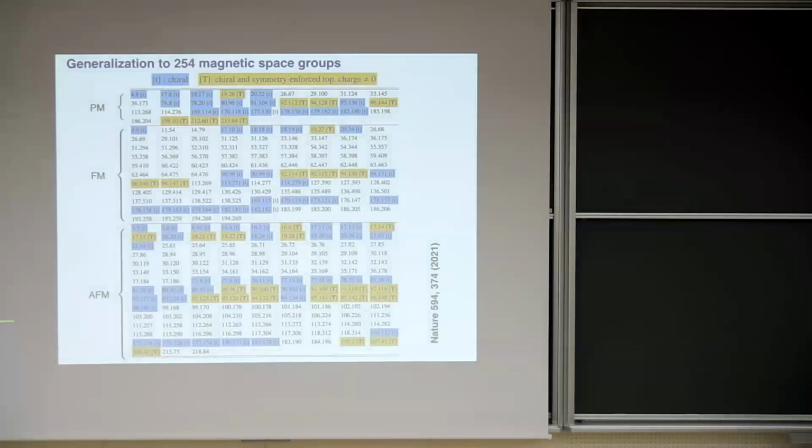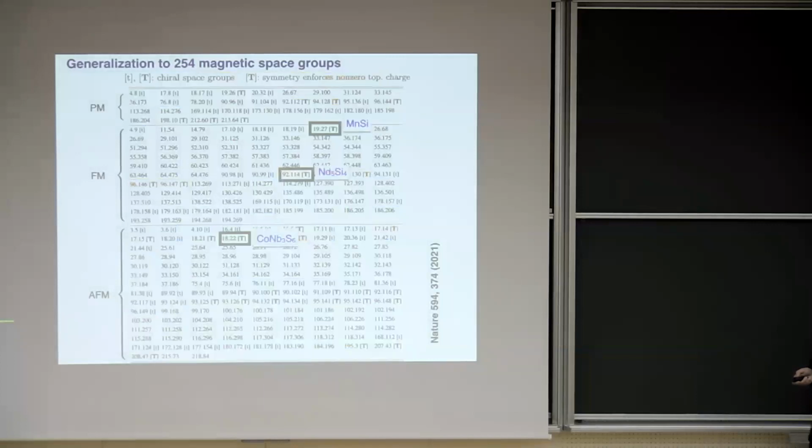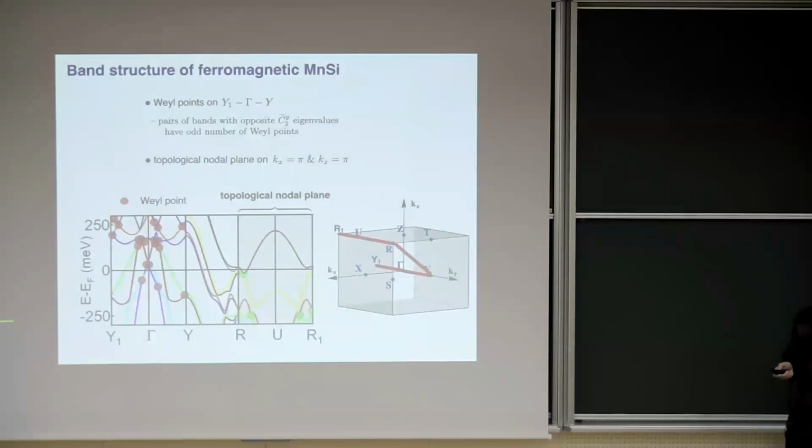And this tells us now any material in this yellow space group must have these features. So we can now go to these databases of materials and look up what material crystallizes in these yellow space groups. And this is what we have done. And we have found three. We have actually found many more examples, but these are just three of them. And in particular, this ferromagnetic manganese silicide has this simple space group, which I've used in the example, 19.27.